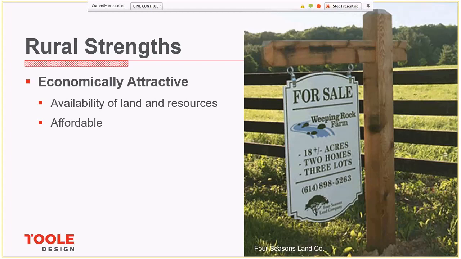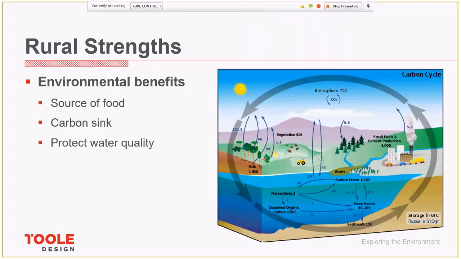Another strength of rural areas: as land in cities becomes more scarce and the cost of living goes up, individuals and businesses are often attracted to the edges in smaller communities where they can stretch their dollar further. When not managed properly, growth can contribute to longer commutes and social isolation, but when done strategically, these negative consequences can be minimized. Other rural strengths include environmental benefits, on a macro scale, from food production to carbon sequestration and water quality protection. Rural areas are extremely important to the overall health of the region that they're in.